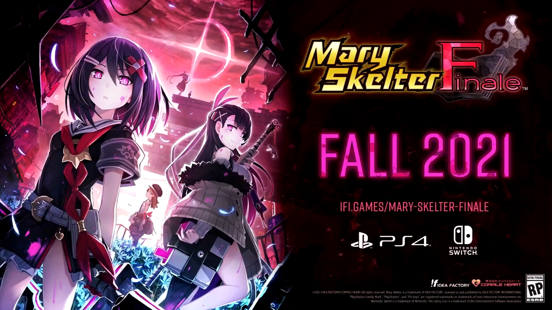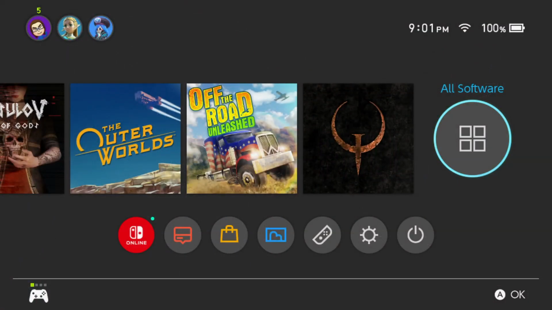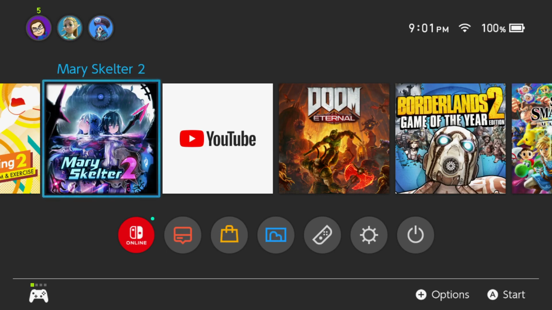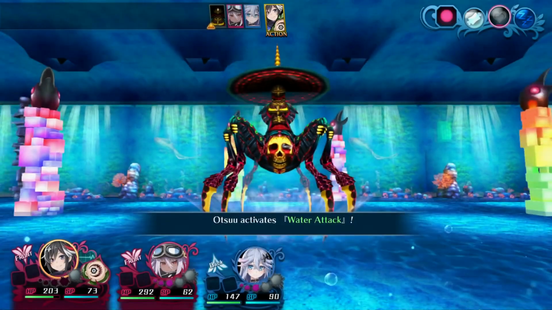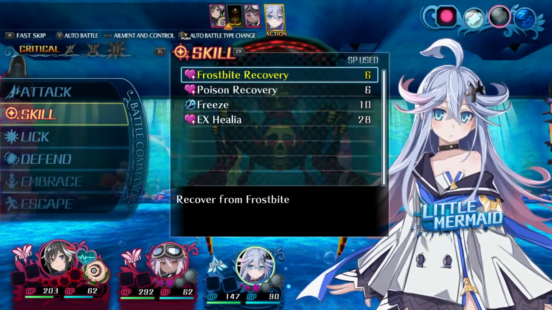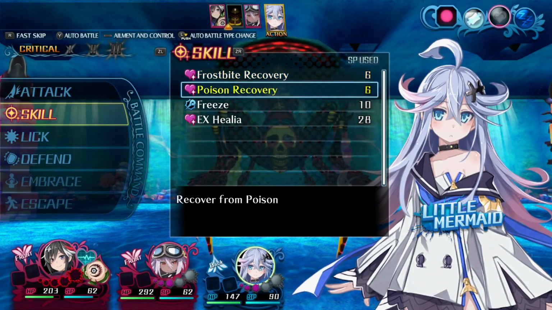Mary Skelter finale is just around the corner, set to finish up Compile Heart's trilogy of horror and fairy tale inspired dungeon RPG franchise. In preparation, I decided to go back to its predecessor, a surprisingly beefy package that carries not one, but two RPGs. Complete with an unlockable remake of the original PS Vita title, here is my review of Mary Skelter 2 for the